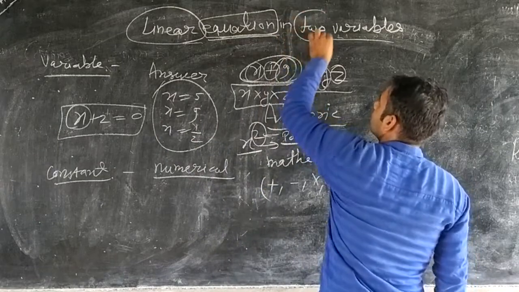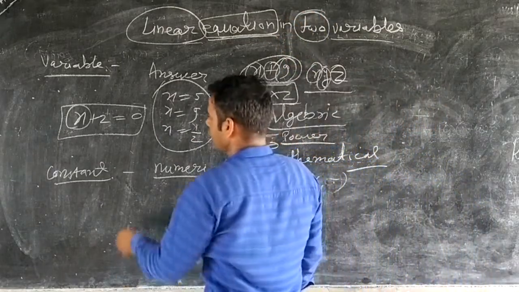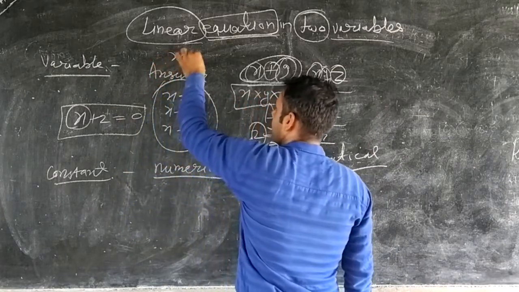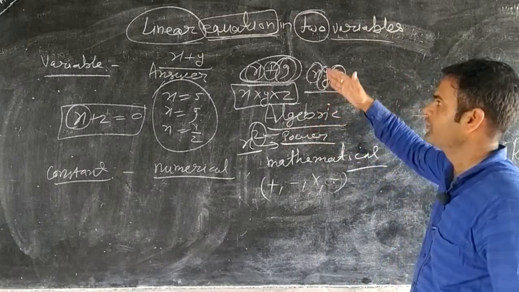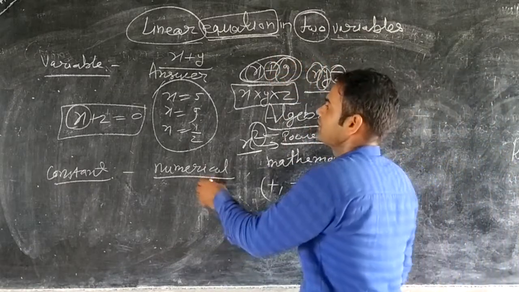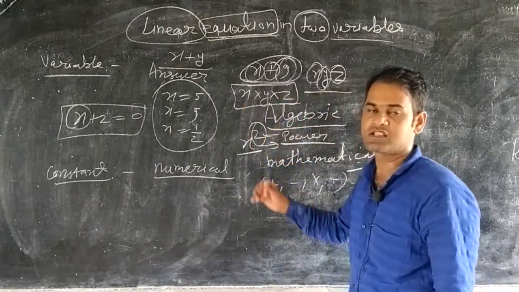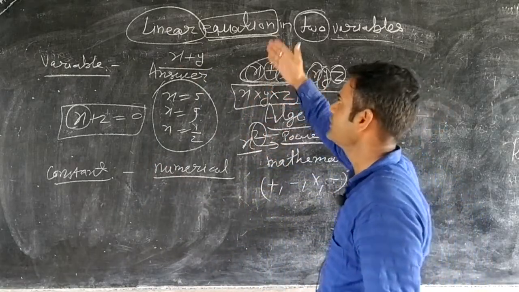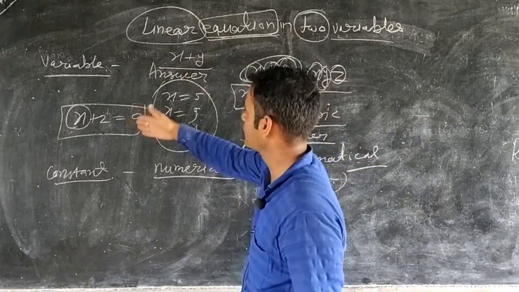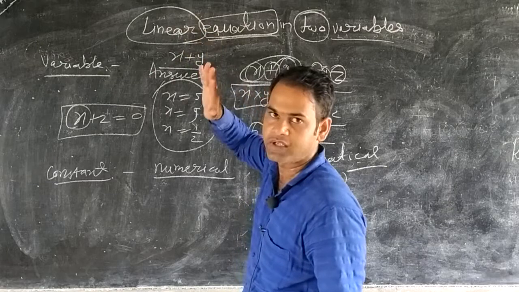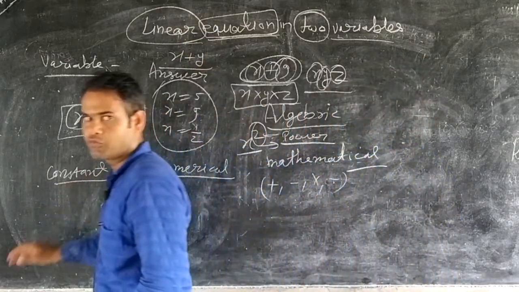About 2, we can guess here the variables are two, that is x and y. So we can describe it in the form of x and y. Here, what is the linear equation? A linear equation is a two variable algebraic expression put equal to 0 with power 1. All the combination is known as a linear equation in two variables.